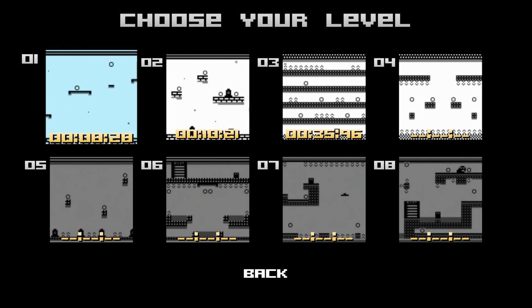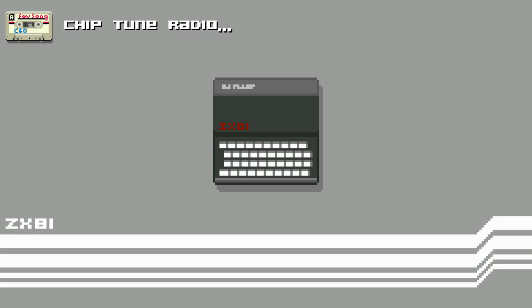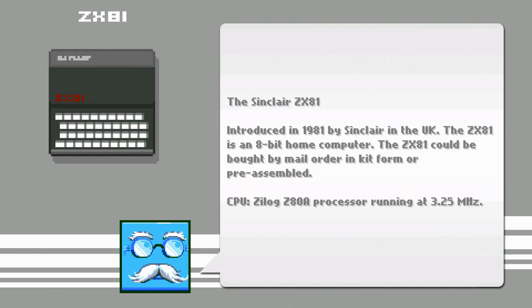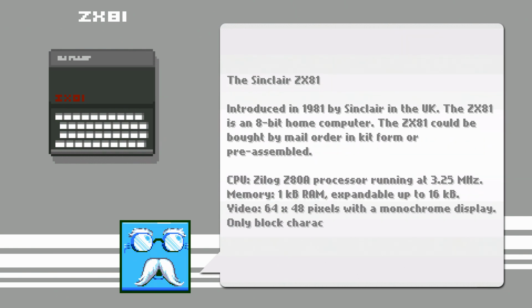Okay, now the game itself takes the form of a platformer with multiple different levels with times to complete them. So, as I say, it's a bit of a love letter to 8-bit and 16-bit gaming, and I quite like the fact that it gives you a little plotted history of what it was. So, I mean, there it is,